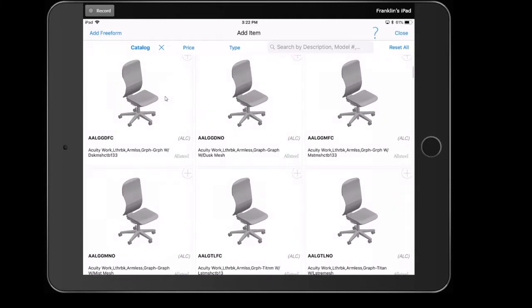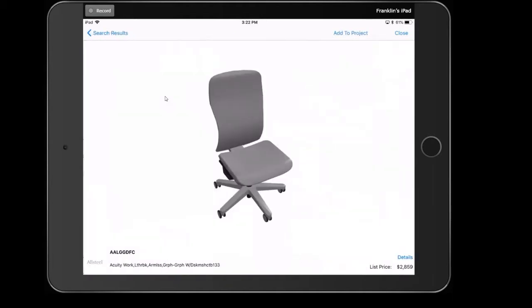I like to see the products, and I like to learn a little bit more about them. If I tap on one of the seats here, you can see it takes me into a full screen mode. What I get is the model number on the left corner here, and I also get the short summary describing the product itself. Okay, why is this important? Well, this is important because this short summary here is also the keywords that Kits will use to actually search